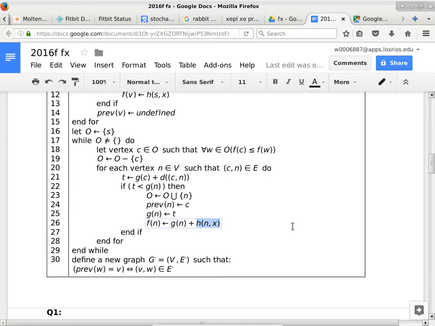So at first glance, it is not possible to get into an infinite loop because whatever we pick out to be vertex C is immediately removed from that set. So the set seems to be getting smaller and smaller and smaller, and so it cannot be an infinite loop. Every time we go through this iteration, we are removing one element from O, and therefore it cannot get any bigger. But that's a fallacy, because inside the for each loop, there is a potential to